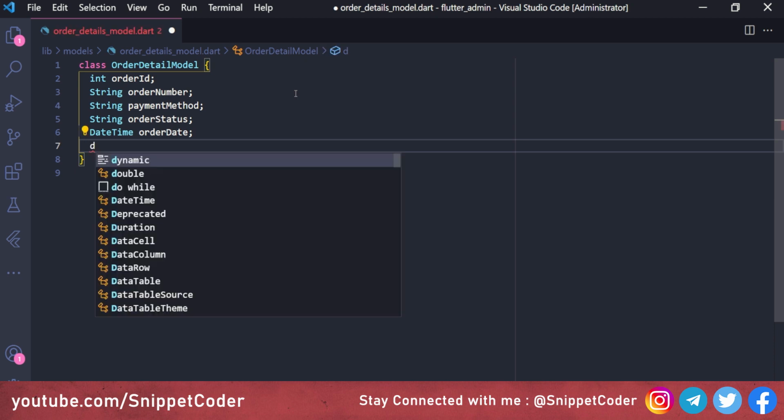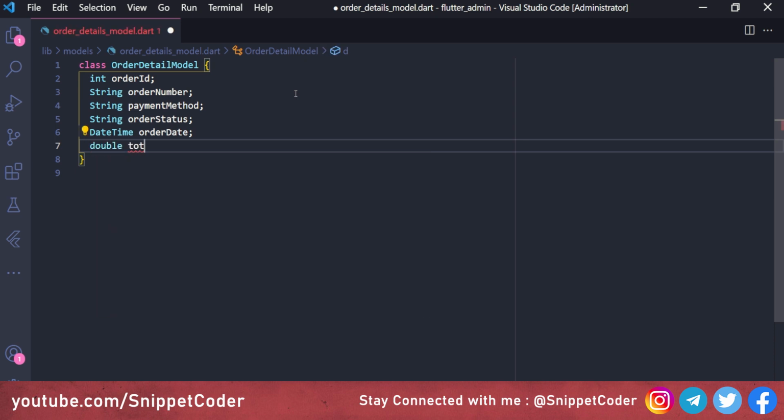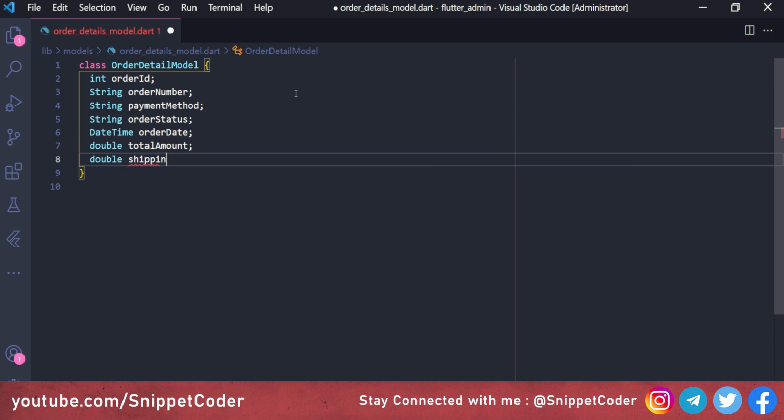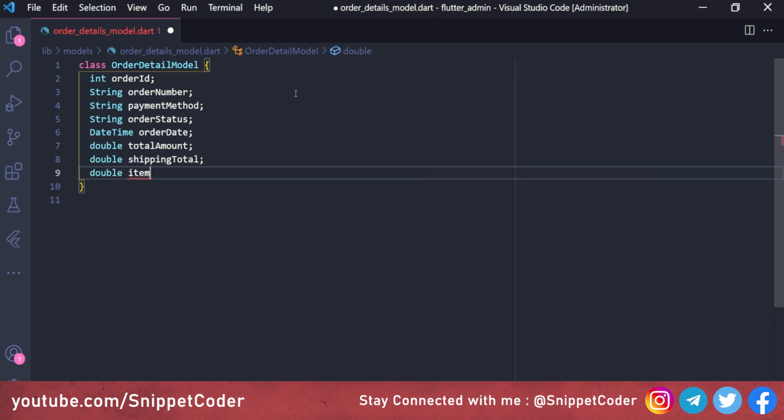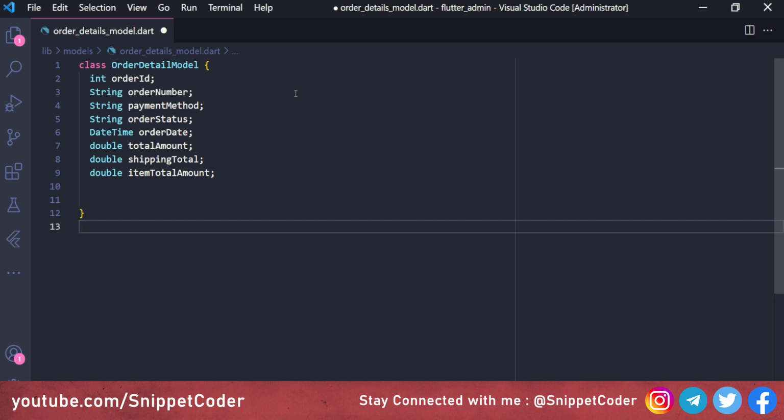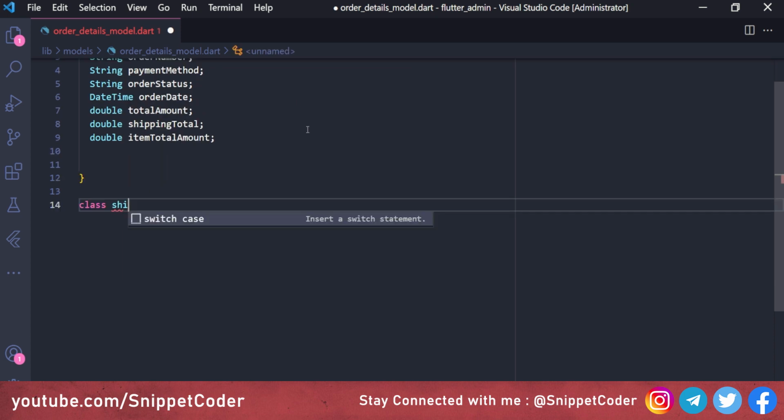And before that we have to create 3 more variables: double type of total amount, double type of shipping total, double type of item total amount. So now we will require shipping and the line items. Before that we have to create a class for the shipping, and we have the class Shipping, and